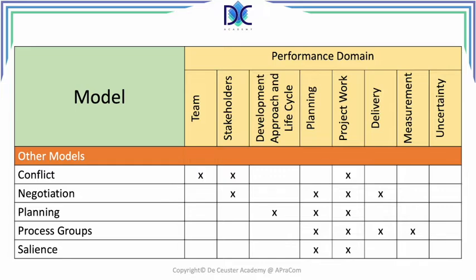The planning model interacts with the development approach and life cycle performance domain, with the planning performance domain and project work performance domain. Now we look at the process groups. They interact with the planning domain, the project work domain, the delivery domain, and the measurement domain. And finally, the salience model interacts with the planning performance domain, of course, the project work performance domain, and that's it. So here we have an overview of those different models that we classified as other because they are